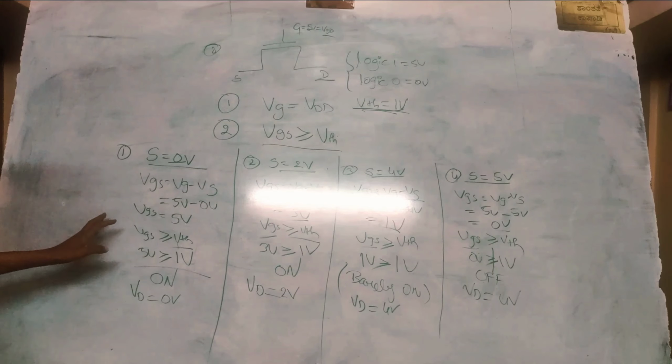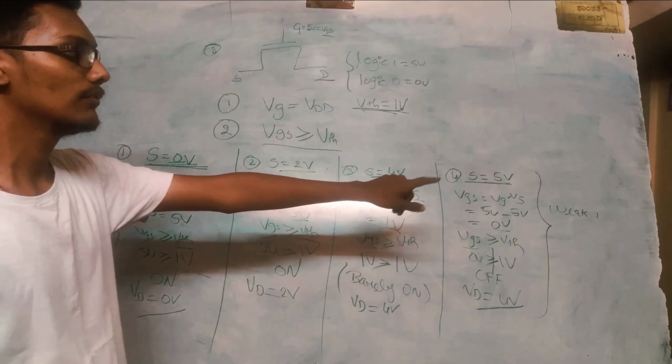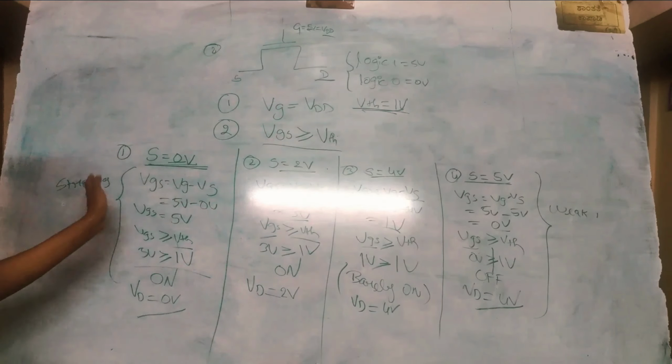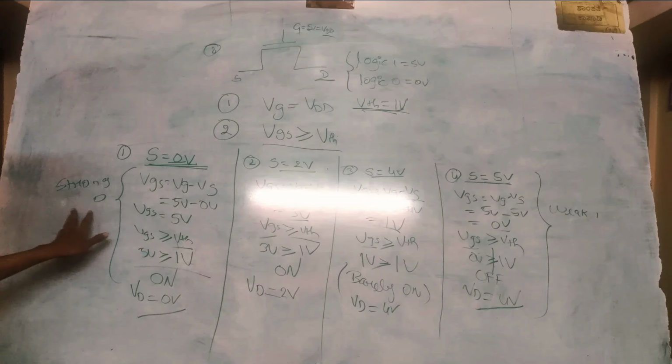From this we see that when I apply logic 0 to NMOS, it gives me exact logic 0. This is known as the strong 0 condition. By referring to the fourth case we have studied, when I applied 5 volts, that is logic 1, I won't get 5 volts at the output. What I will get is 4 volts, the previous case voltage. This is known as weak 1 condition. So NMOS gives me strong 0 and weak 1. PMOS gives me strong 1 and weak 0, whereas NMOS gives me strong 0 and weak 1.